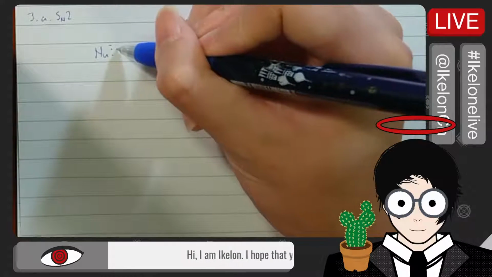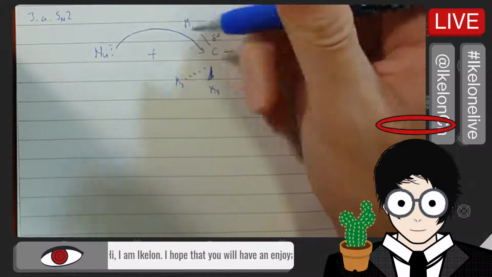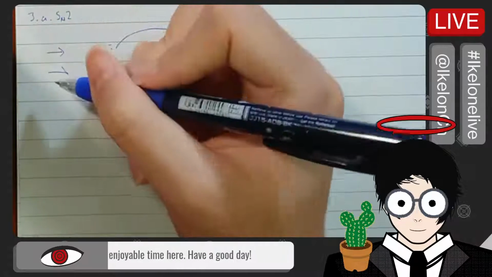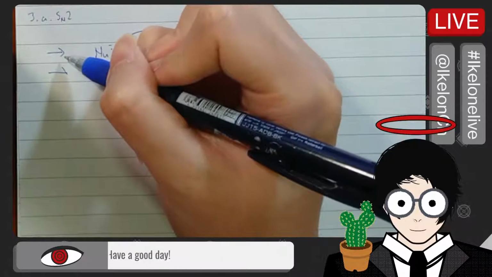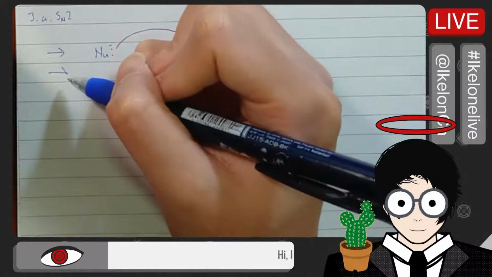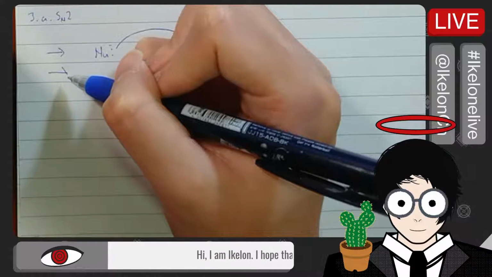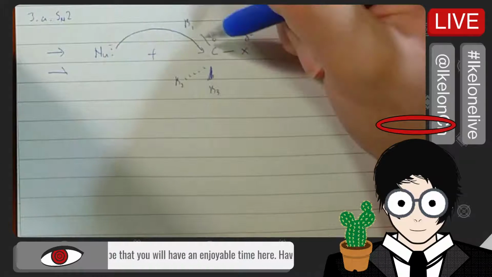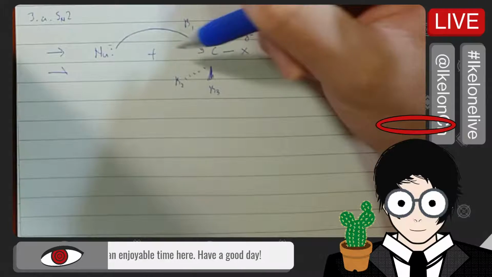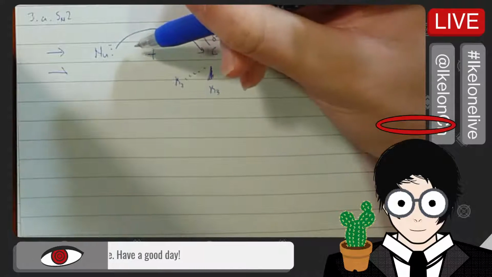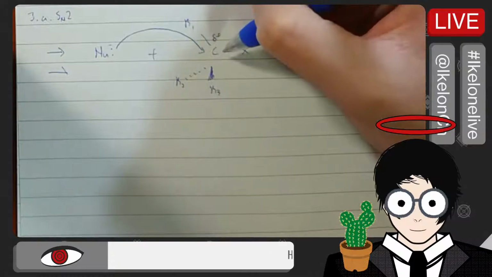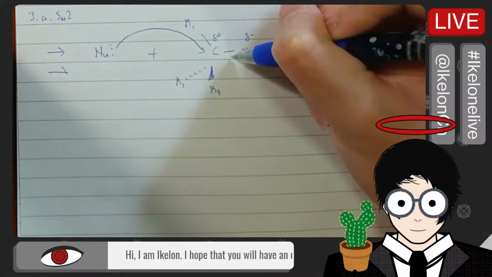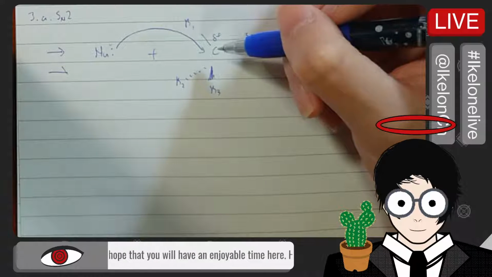So the lone pair, you have to draw the arrow from here to here. So you see this is a full arrow, and half arrow means this. Full arrow means a transfer of 2 electrons or a lone pair, whereas half arrow means a transfer of 1 electron. So you can see the lone pair on this nucleophile is transferred to the carbon atom, so it will form a single bond. And since the carbon can't hold that many electrons,